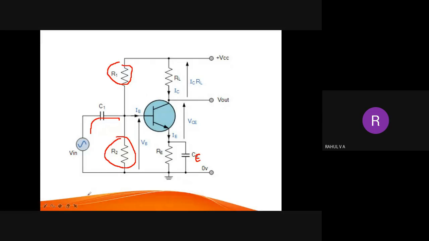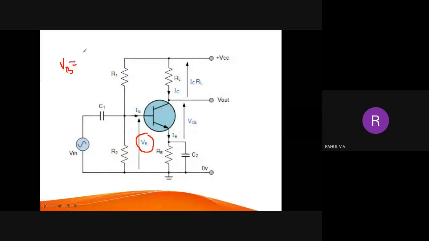So what it will do means, we can see that VB voltage. So VB is nothing but it is a voltage divider circuit. Okay, so VCC into R2 divided by R1 plus R2. So that is nothing but VB. So we can adjust the base voltage. Even though the input voltage is very low, we can adjust the base voltage with the help of two resistors. That is why potential divider resistors are used, R1 and R2.